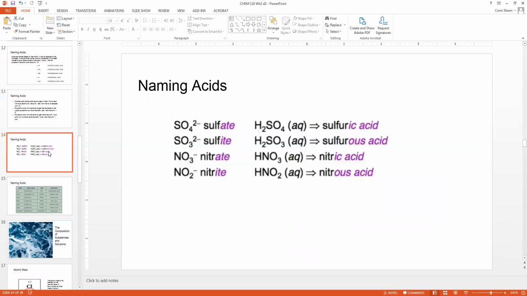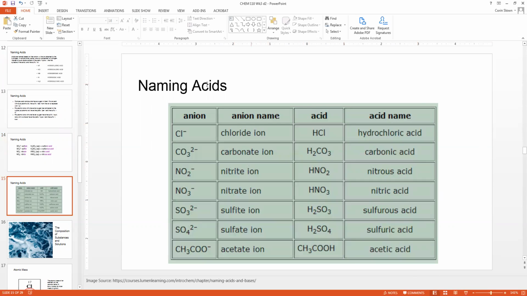So what does that look like? Well, here are some examples. Sulfate and sulfite transition to sulfuric and sulfurous. Nitrate and nitrite become nitric and nitrous. Here are some examples of how you would take the anion name and convert it to the acid name. And again, you'll have the opportunity to practice this. We will work on this together as a review in class on Monday, and then you'll have the opportunity to practice naming acids in the quiz